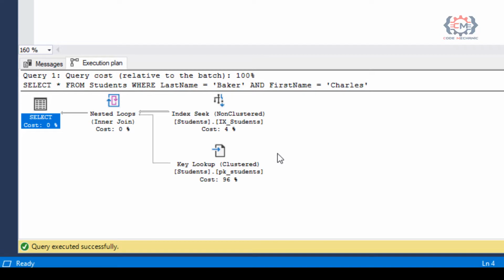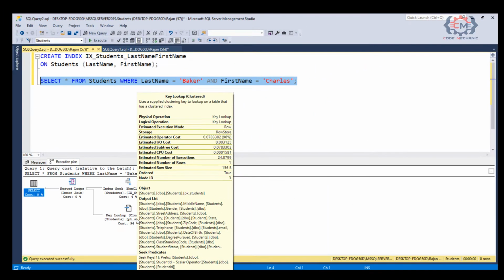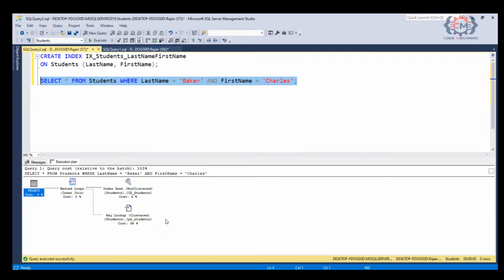Then it's going to come down to this key lookup operation and look up each one of those rows, and if we mouse over the key lookup operation, we again see that value that's about 25 in terms of the number of estimated executions. So at this threshold, SQL Server has calculated that using the index is the right decision because performing the estimated 25 lookups on the table is going to be much faster than reading the entire table.